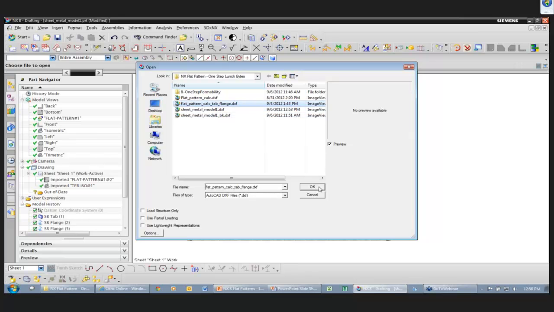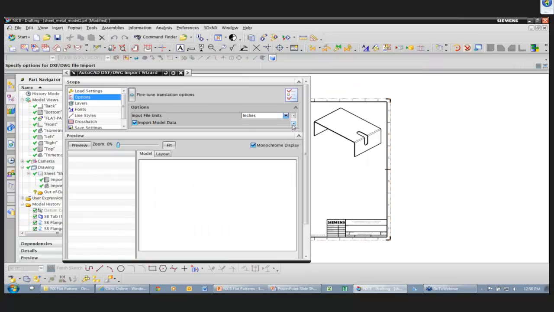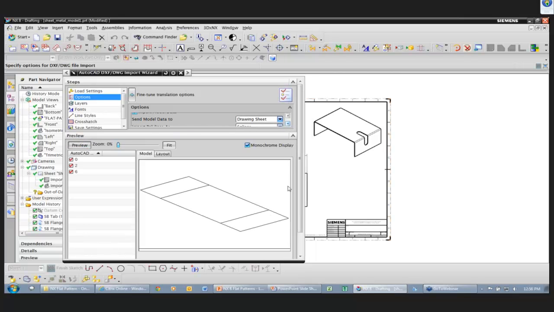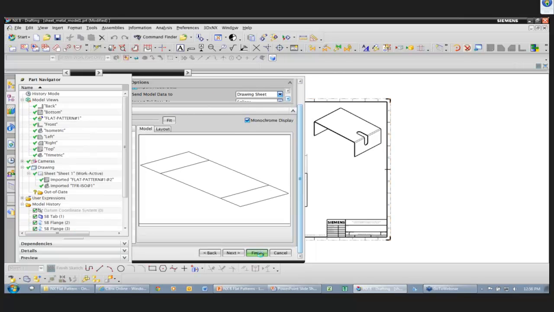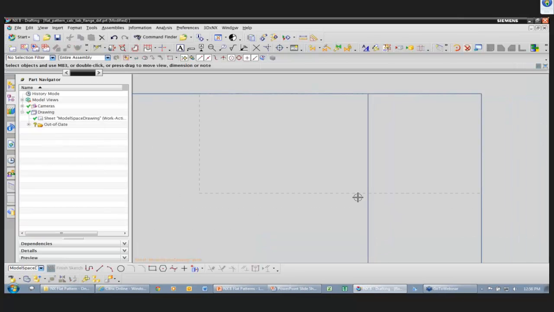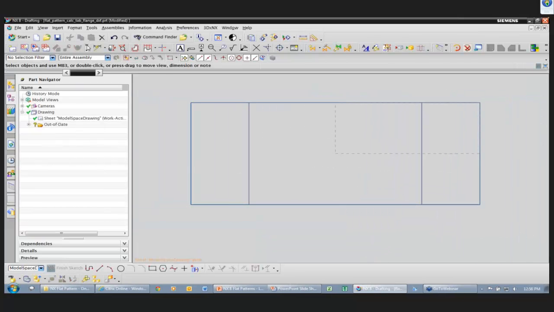And let's go ahead and grab that. So I'm just going to bring it in inches, and I'm going to place it on a drawing sheet. There I get a nice little preview of the DXF. This was a different one I'd saved. I grabbed the wrong one. So there's my DXF. This little dotted line back here is actually my model space, or my sheet size,